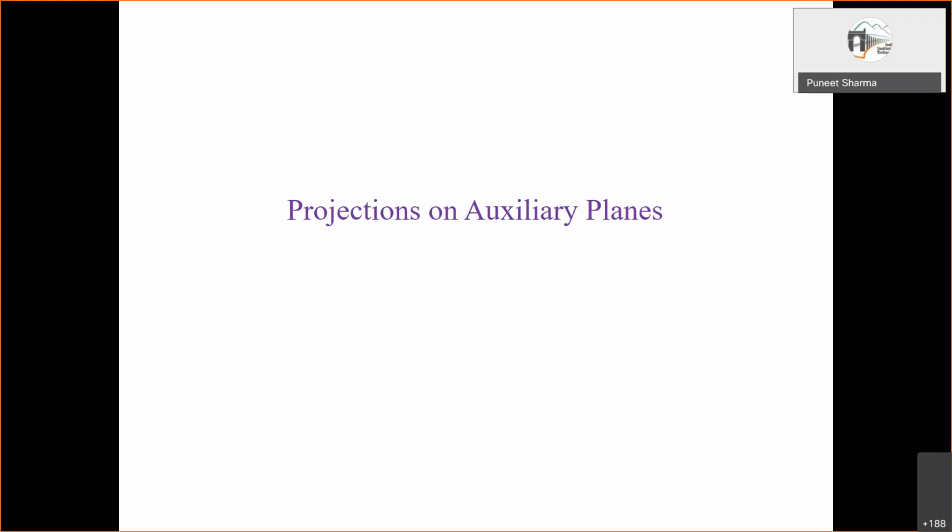So now suppose, whatever we have been doing, we have been given the front view and top view, and then we obtain the true length and the true inclinations with the vertical and horizontal planes. These auxiliary planes in particular will be helpful in obtaining these details in an alternate manner. So that is one more thing we get with these. Otherwise, in general, sometimes the information in the front view and top view might not be sufficient, so then you have to go for additional projections or additional views. Okay.